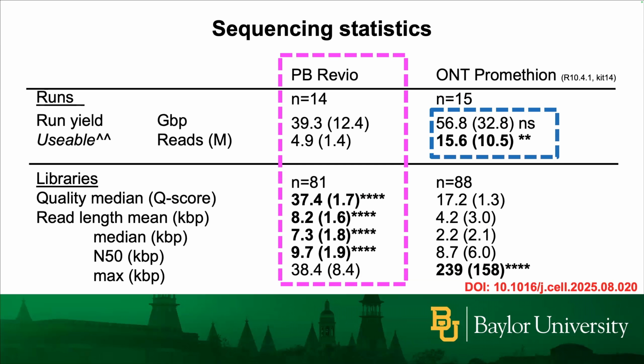So why is this? Why is PacBio generating more complete MAGs? I think there are a few things. In terms of sequencing yield, while it wasn't significant, they were pretty similar in yields. Although I will say that with our recent runs on the Revio, our best was 80 or 85 gigs. So this has improved, especially with Spark chemistry. But as for the amount of usable reads, Nanopore produces more reads.